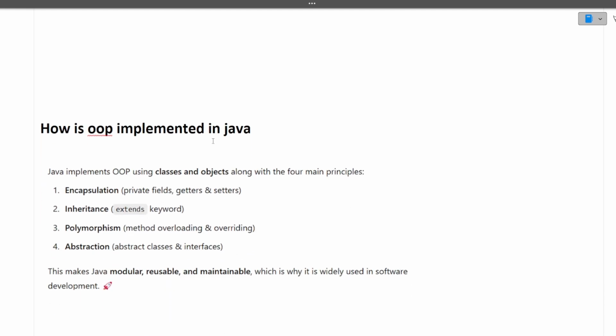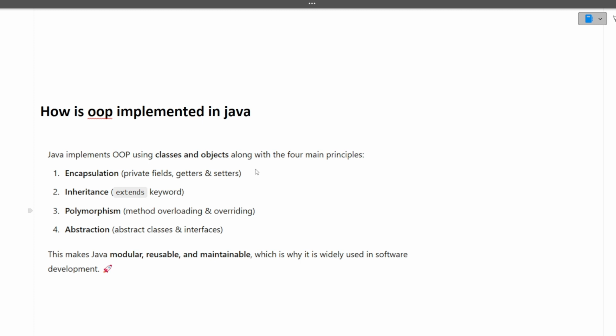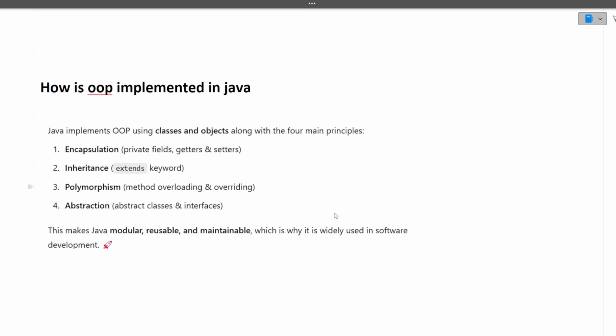Now, how is OOPS implemented in Java? Again, the question is a bit different, but the answer will remain the same: using the different pillars of OOPS, that are encapsulation, inheritance, polymorphism, abstraction, we can implement OOPS. There can be a question, which I have discussed in previous videos as well, that explain polymorphism with the help of code by writing the code. See, in Genc Next, there are high possibilities that a coding question can be asked from you, or for any concept, a coding part can be given to you. So you must prepare very well anything that you are preparing. I hope this question is also clear to you.